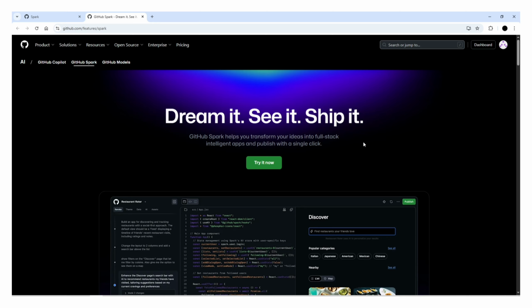Now, let's quickly go over the pricing. During this preview, Spark is free to use, but there are some limits, like how many times your app can be used or how much data it can handle. If you hit those limits, the app might be paused until the next billing period. Also, every time you give Spark a prompt, it uses what they call a premium request from your GitHub Copilot plan. One prompt costs you about 4 cents. If you go over the limits, there are some rumors about a $39 monthly plan that includes hosting, but it has not been